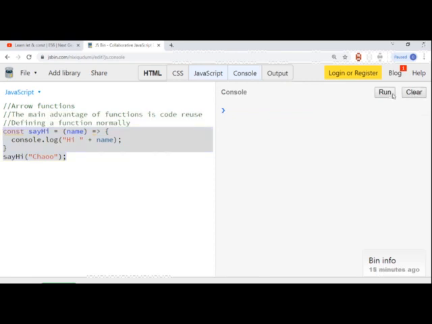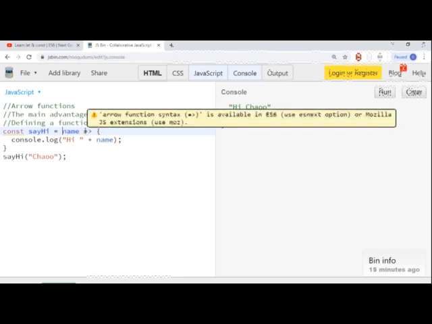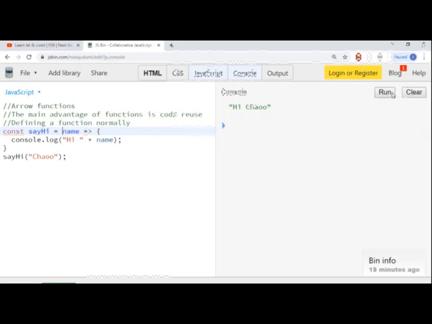So if I clear the console and run, we have the output hi Chaoo. And the same way we can call our function multiple times using different arguments. And to add on arrow functions, we can use different ways to define our function. For example, it is not a must to include this bracket when we have only one parameter. If we have one parameter, you just omit them, and if you run this again,